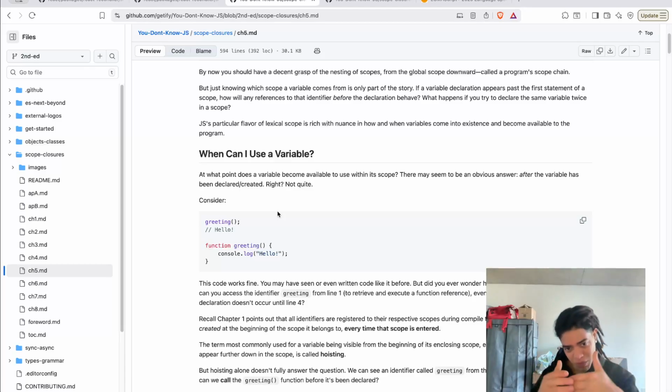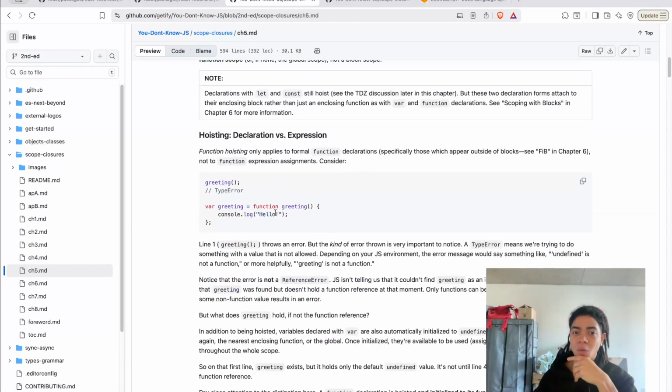So again, we look at how hoisting happens for certain specific syntax, like function declarations and variable declarations. Another question we're asking is, what happens when you redeclare this? Is it the functions here or the variables here?